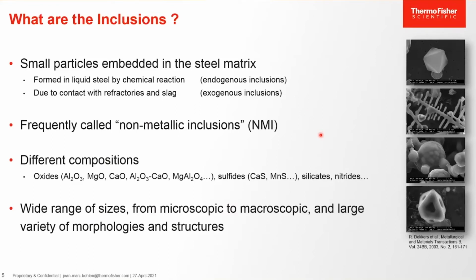You have some examples in the pictures on the right side. So these pictures are not, of course, optical emission pictures, but scanning electron microscope pictures of inclusions extracted by leaching